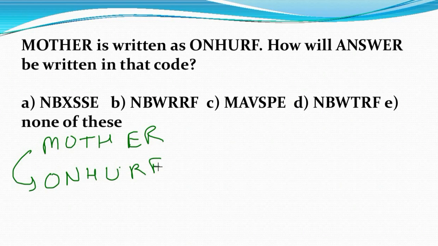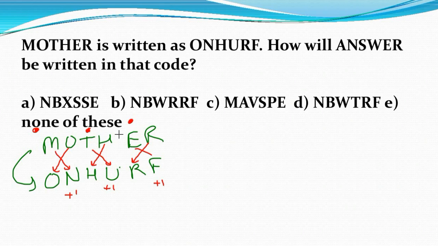And F. Clearly you can observe the second letter and the first letter are the same, the fourth letter and the third letter are the same, and the last letter and the second last letter are the same. But M to N is plus 1 addition, T to U is plus 1, and E to F is plus 1. So you can say the odd places